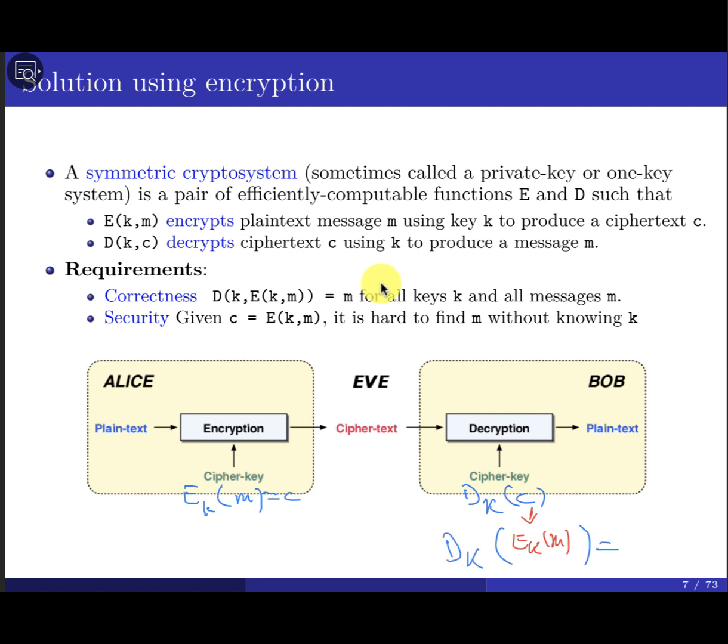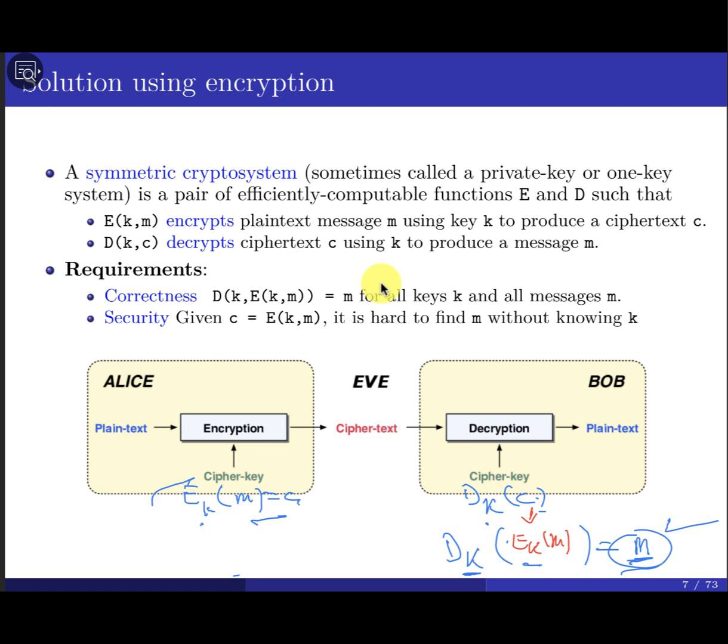In order to make sure that this works, this operation is going to produce M. I just substitute the value C with how you compute C. Then this is a requirement of the system. This must hold for every single possible key K that belongs to the key space. We're going to talk about this one here. You are still able to reverse the operation and produce M. So if you use any key to encrypt the message to produce C, and you reverse the operation using the same key, you're going to be able to retrieve the original message that you used in order to compute the C.